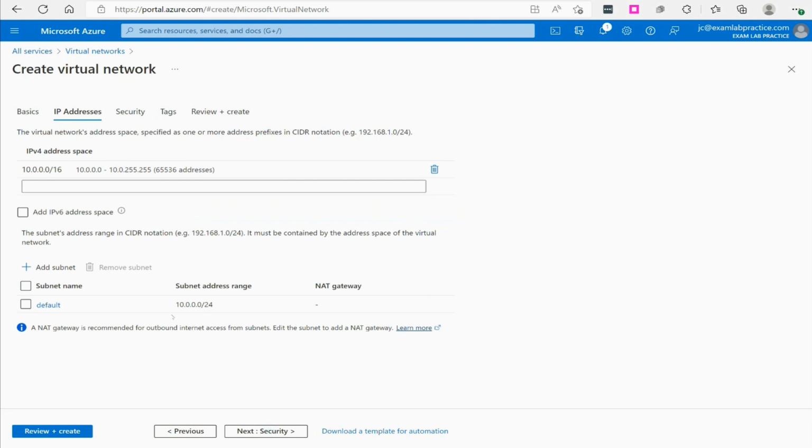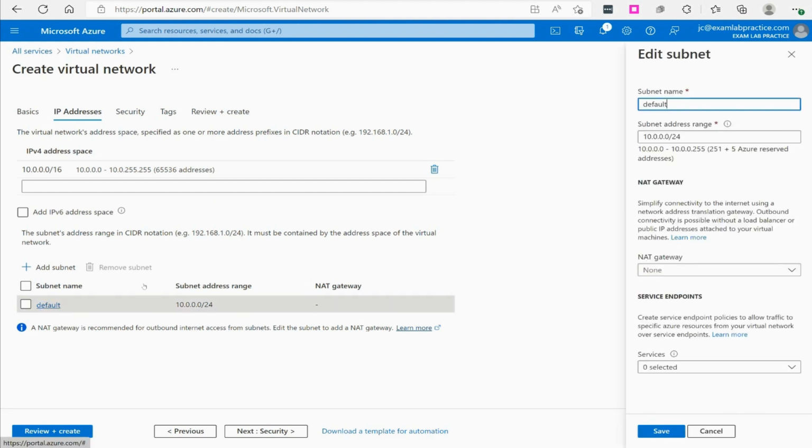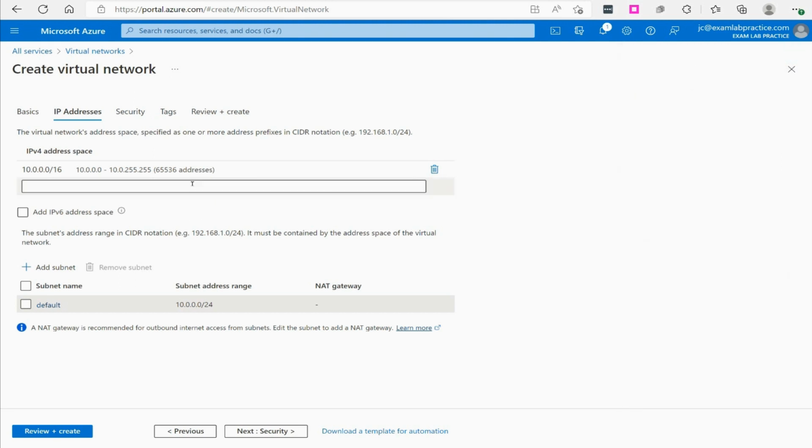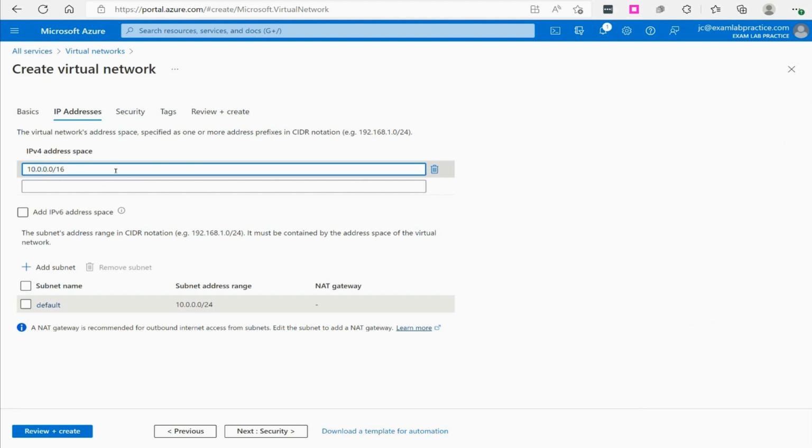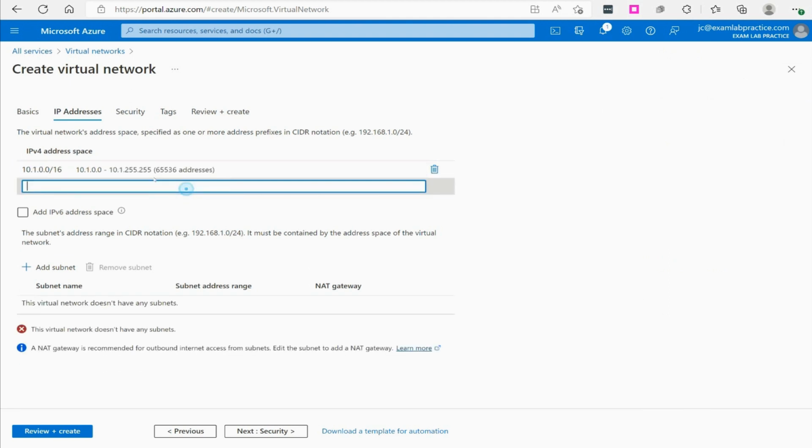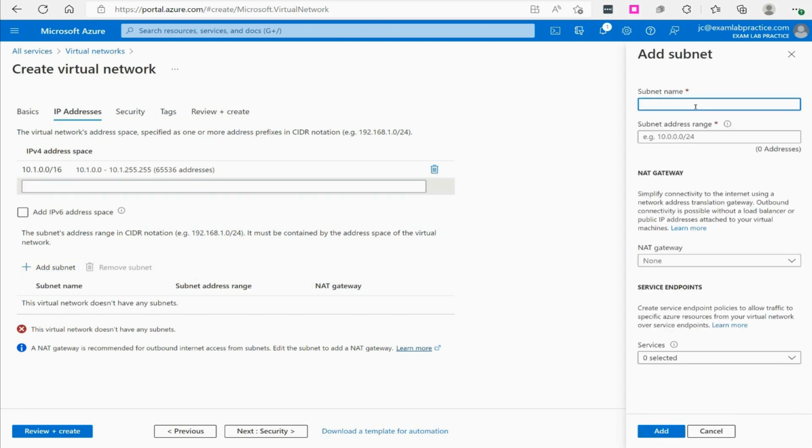I'll click next, and if I want to go ahead and create a subnet now, I can go ahead and create a subnet now. It will create a default one here, but I'm actually going to change that, and I'm going to call this subnet 1A. Oh, you know what? I need to change my range too. I'm going to alter the range to 10.1.0.0/16. All right, and then we will go to add our subnet. And the subnet name is going to be subnet 1A, and that's going to be